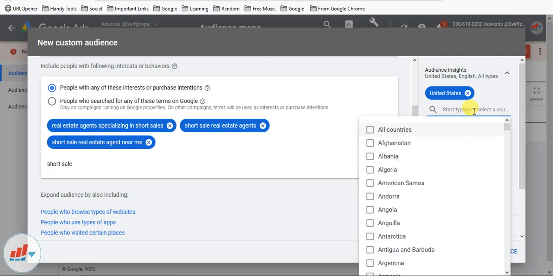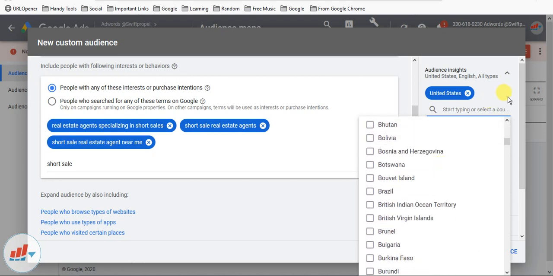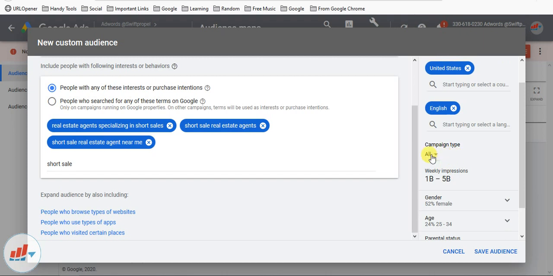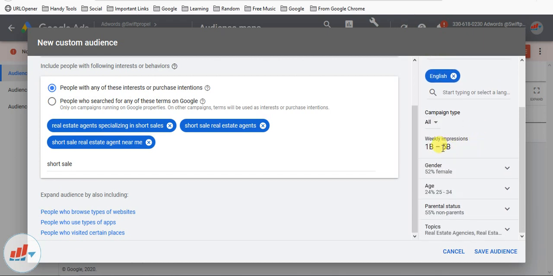No, it's showing me only the countries, not the specific regions. English is the language. Campaign type will be all, although I'll be using a search campaign. Weekly impressions are approximately 1 billion to 5 billion.